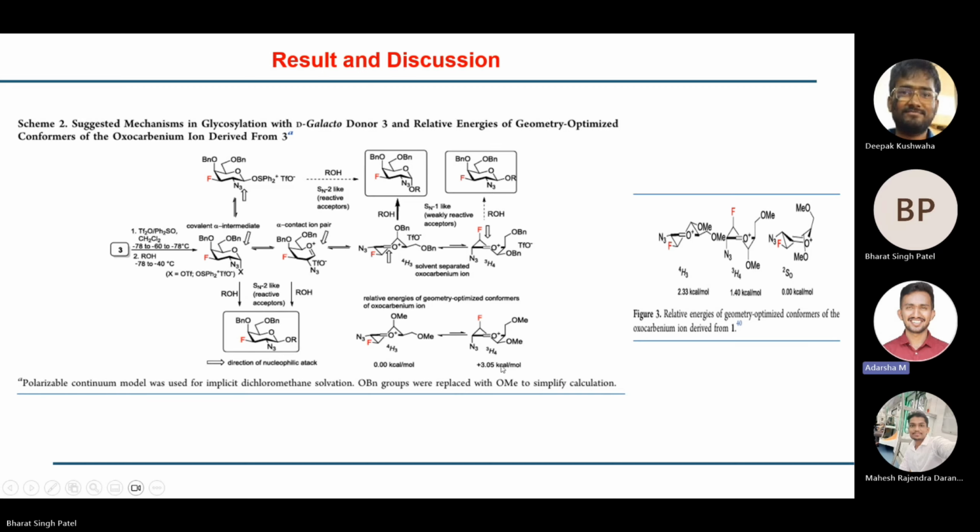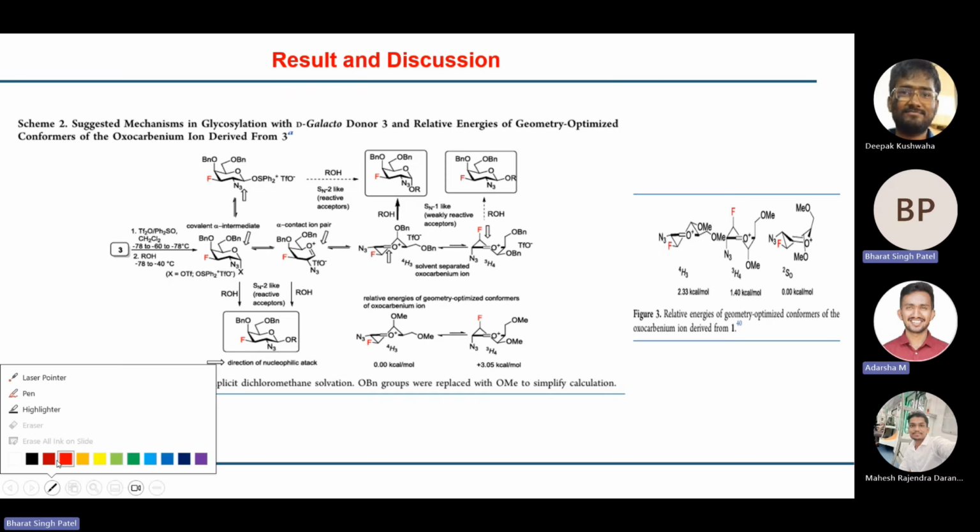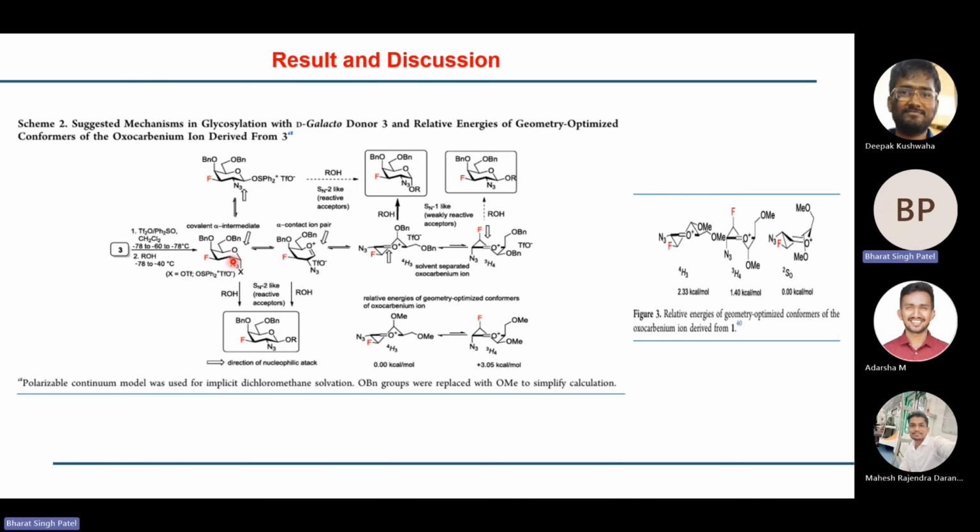Other than that, they didn't do much DFT; based on this one they told conformation and all. No, they have done DFT for all the intermediates, so they calculated all the energies of the intermediates. Okay. But for these intermediates only, because this alpha triplet is very much known. This is the stable one. People have detected or trapped this one long before. So other than this alpha triplet, all the intermediates they have calculated.